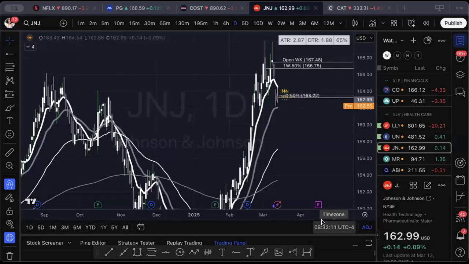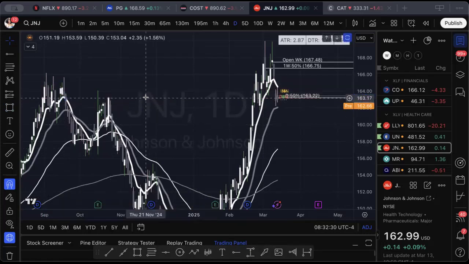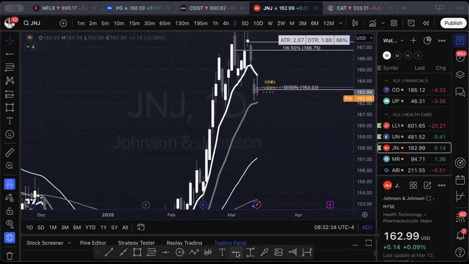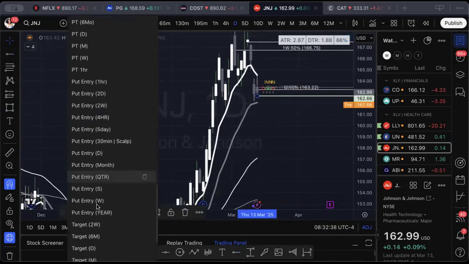As you can see here, I am looking at Johnson and Johnson. I'm looking at them because it looks as if Johnson and Johnson is kind of operating within a supply area. And I want to see if we are going to continue the trend down. So I am more swayed towards the downside with this, but again, we will not have any directional bias. We are going to take market structure. And if you do not understand market structure, I do have a video on my channel that talks about